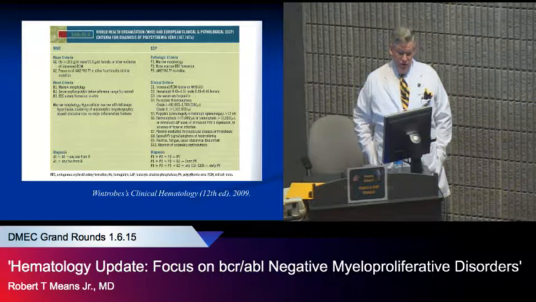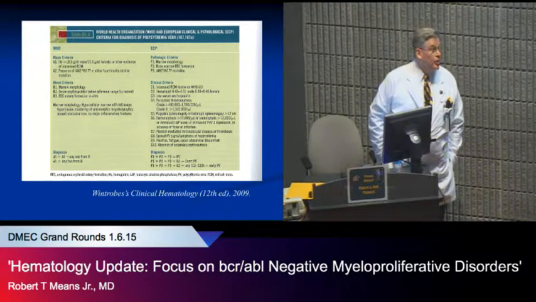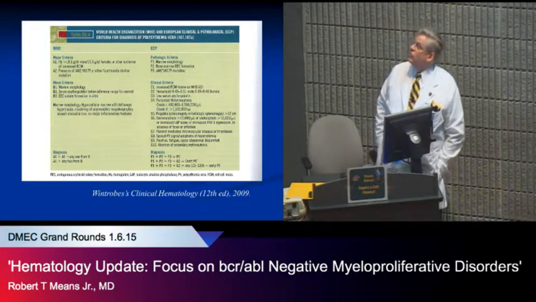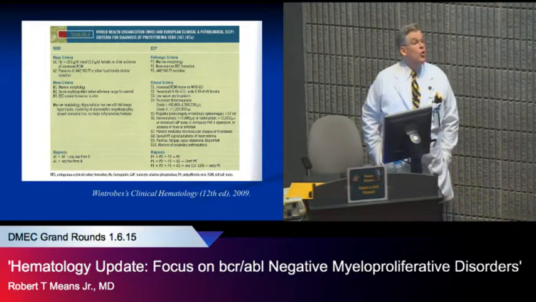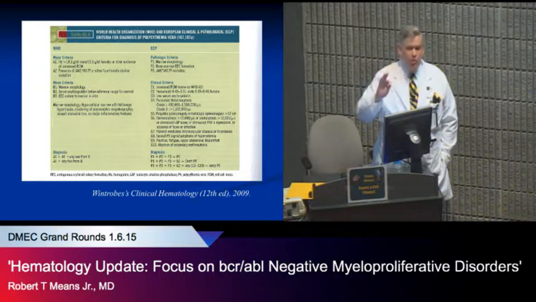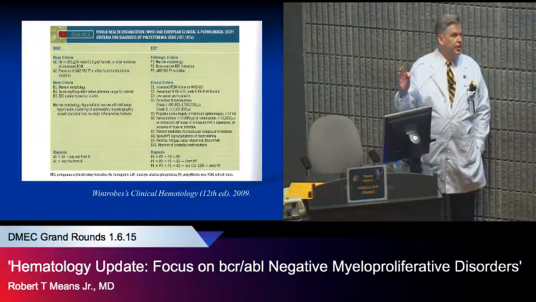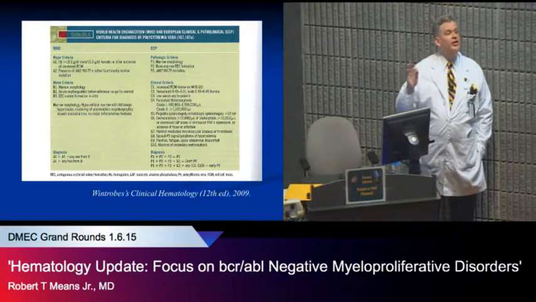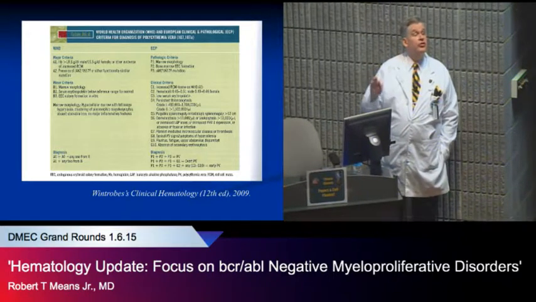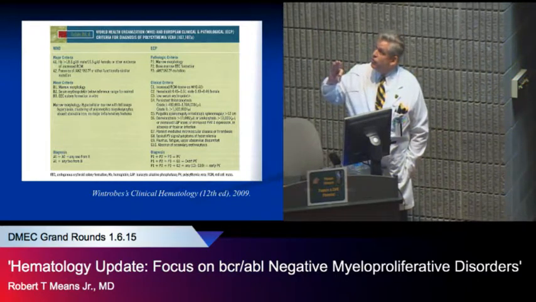You need to have characteristic marrow morphology, which would be a hypercellular marrow without dysplasia, essentially. And you need either a low serum erythropoietin, or you need to show that bone marrow-derived erythroid colonies grow without added erythropoietin. This is a long-known criterion of polycythemia vera, that they were either erythropoietin independent or extremely hypersensitive to erythropoietin, so that they could grow without adding erythropoietin.